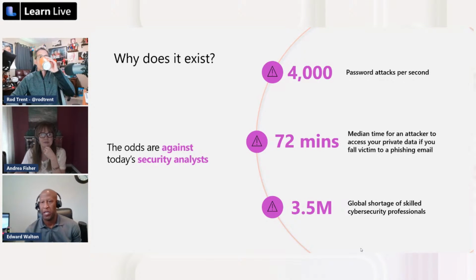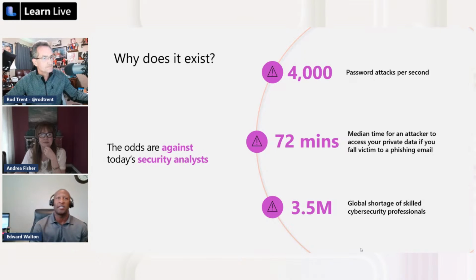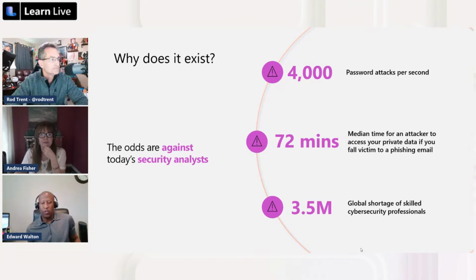Even if you had the personnel, and you could hire everyone, and the available human skill set was available, it doesn't reduce what's out there. 4,000 password attacks per second, and obviously that could be across an entire industry consuming cloud products, on premise, whatever. But it can actually happen across a single entity that's trying to defend itself. And then the median time for an attacker to access your private data, if we follow that to a phishing email, that's almost on point. I've been doing some research, and that's generally called the breakout. Dwell time is how long someone's been in your environment without you realizing you have an intruder.